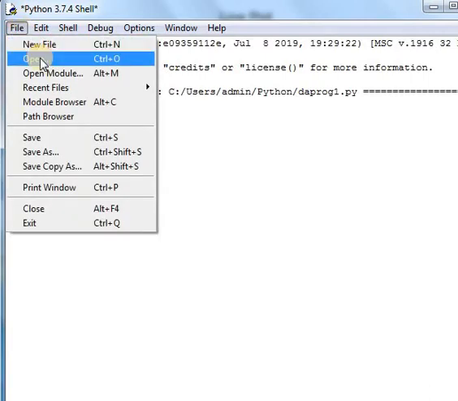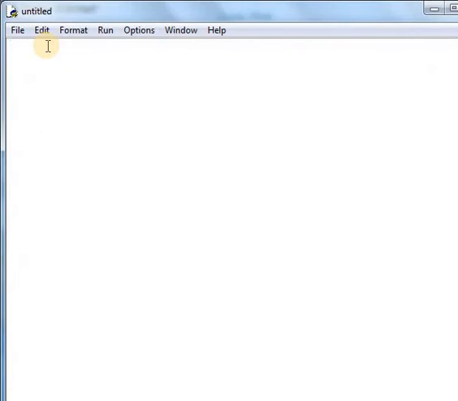Going into the file, make a new file. Now all of you know that if we want to use Python, then by using pip we install the particular module that we want to use in our programs. In Python, if we want to use a line graph or bar graph, for that we install the matplotlib pyplot functions.